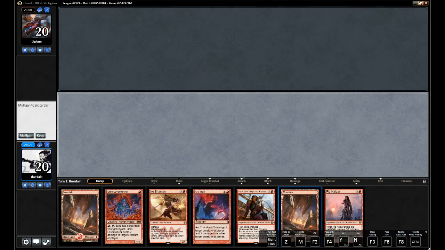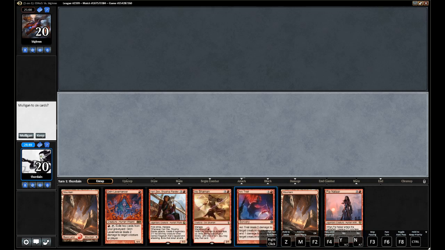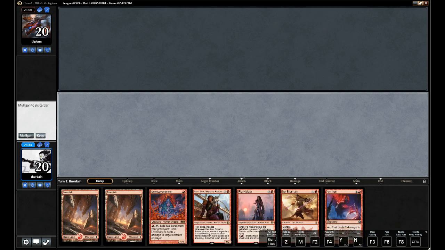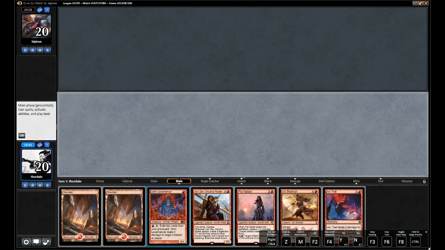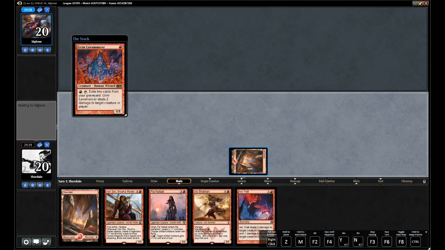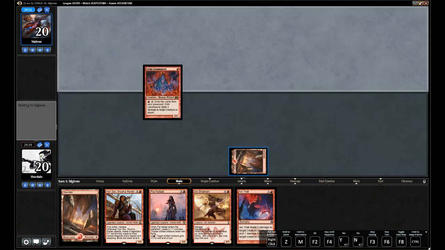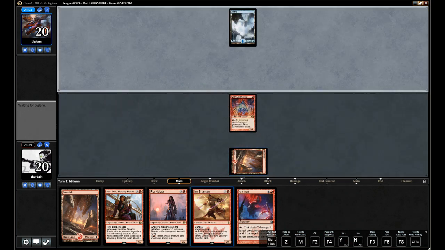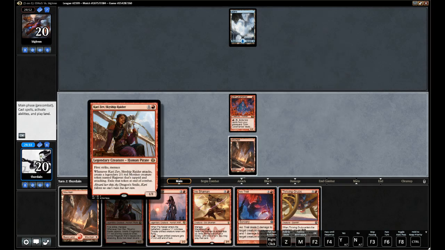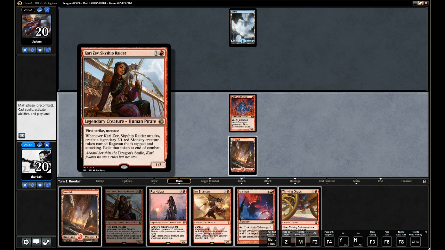Okay, so we got a nice little curve going here, and in our trail to clear the way, we'll keep this. Play Mogg Lavamancer. Turn 2, we'll play Carry. Think that's a little better than the Grubs. They're both 3 damage, but